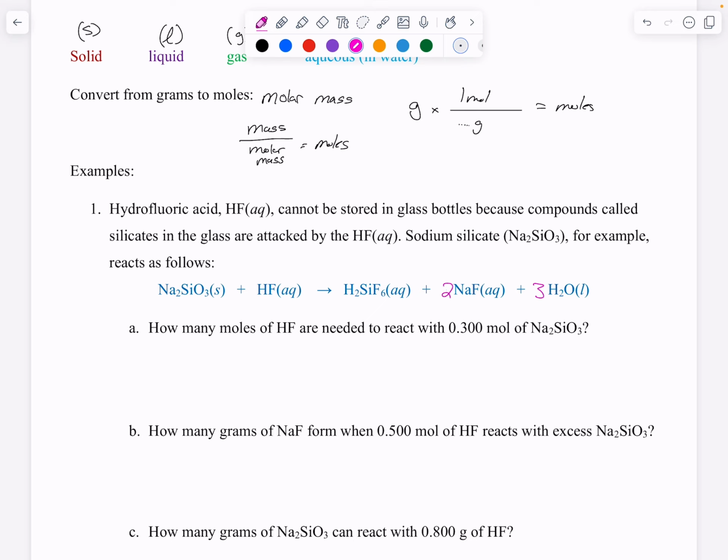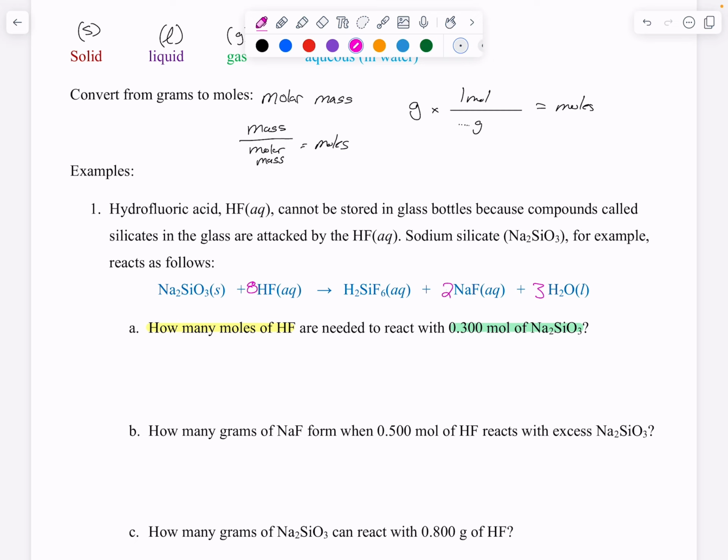Fluorine, I have put 8 there, and then how's hydrogen? 2 and 6, 8. Good. Question